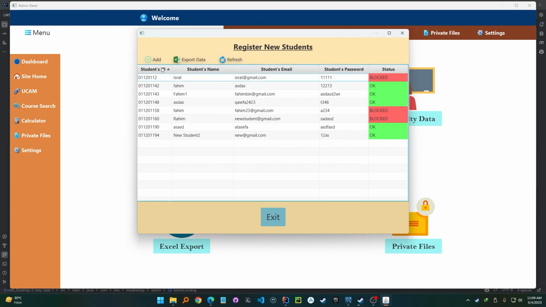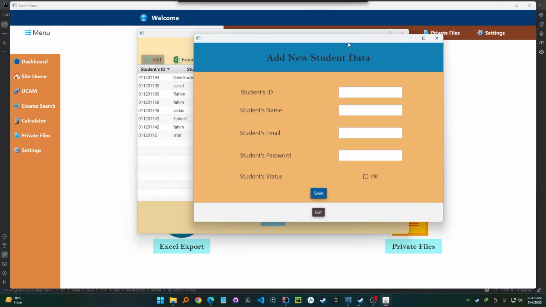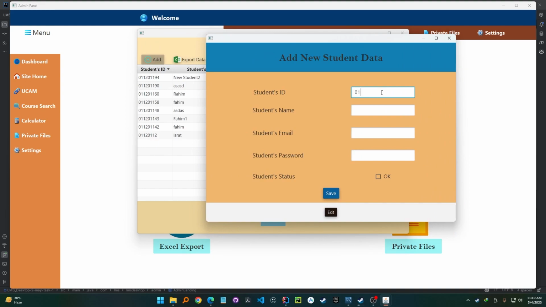Let's say I'm simply going to add a new student. Let's say the student ID is something like 011259684. Student name, let's say new student. Email, let's say newstudent9875@gmail.com. Student password, something like this. And if I simply give the student status okay and save,